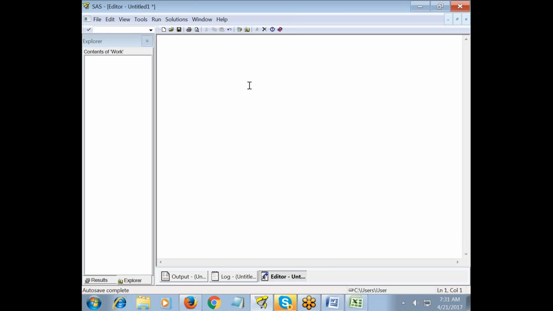Yes. First of all, you have to write a program to store that file into your work library. So for saving the file also, we need to write a program. Yes, everything we do using programming only. Either reading data, writing data, or doing analysis, we have to write a program.